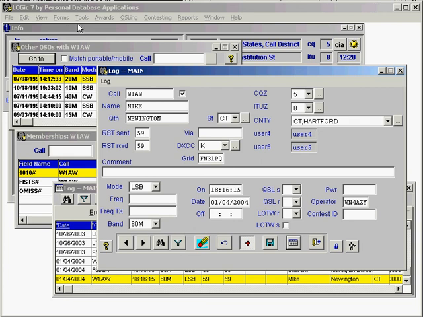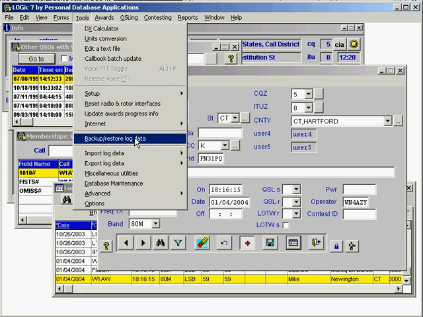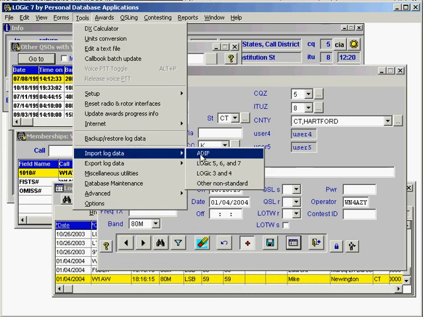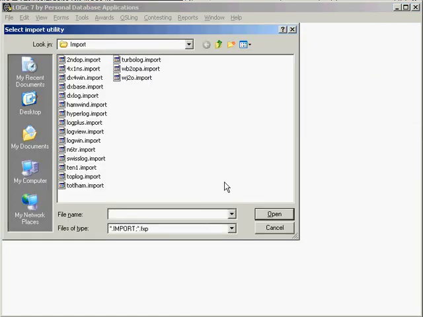Like I said, I had some data already in this log when I started for illustrative purposes. If you have data in other programs that you would like to import into Logic, you go to Tools and Import Log Data. You can import ADIF, which is supported by almost all other programs currently on the market. Some of the older programs you can import from this import facility, where we had to write a special import program for each